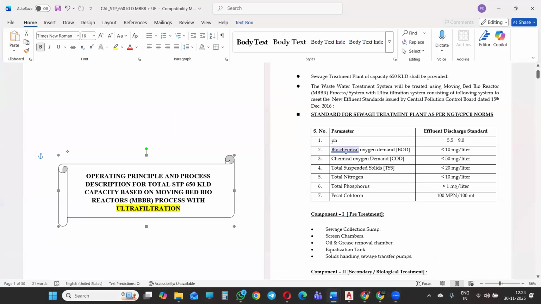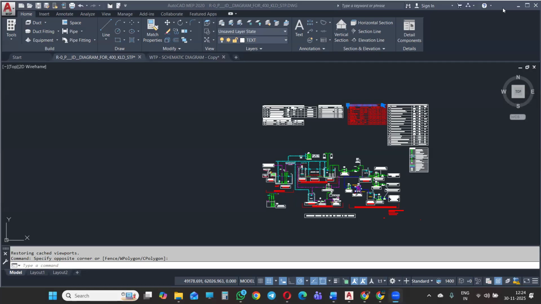ओके सर। एक नई टेक्नोलॉजी जो आई है जो DWTS बोलते हैं, डिसेंट्रलाइज्ड वेस्ट वाटर ट्रीटमेंट सिस्टम। मैं उसका बताता हूँ क्या यूज हो रहा है, लेकिन वो तब होगा जब आपका एरिया बहुत ज्यादा हो, 2 MLD, 4 MLD, 10 MLD हो। छोटे में वर्किंग मेंटेनेंस कॉस्ट बहुत ज्यादा चली जाएगी।